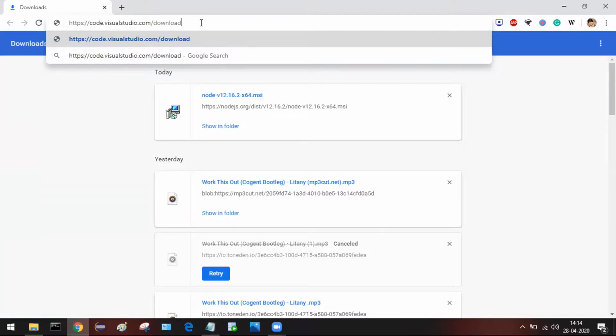This is the URL you need to enter in the browser bar. Go to that URL.